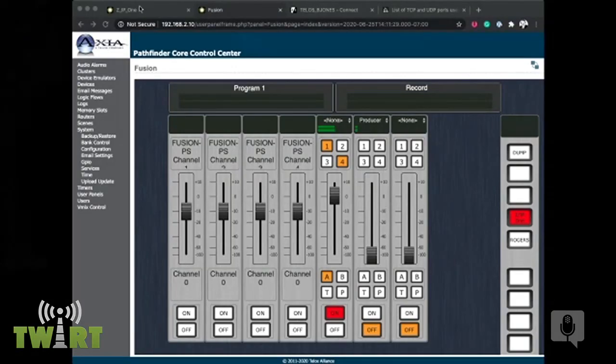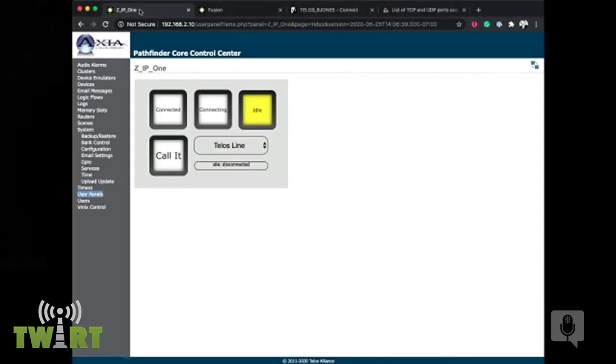Just a couple of quick things. I know we're sort of running out of time, but using HTML, I can also control my zIP1. If I needed to connect my codec to you, well, I'll call the Telos test line, so I can see what's on my zIP1, and if I want to call it, I can actually tell it's not actually calling it. That probably means that it's offline. But anyway, that's just another HTML interface